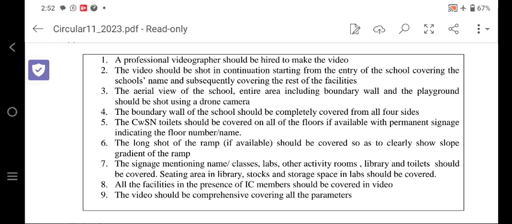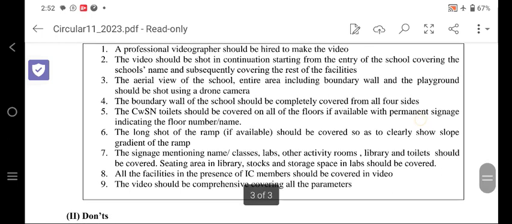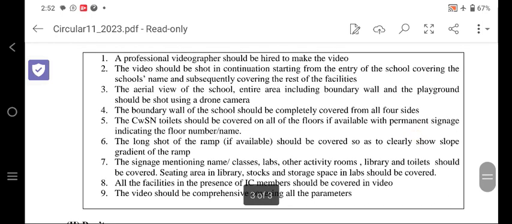Number 3, the aerial view of the entire school area, including the boundary wall and the playground, should be shot using a drone camera. That means the school area with the 4 boundary walls should be taken in the drone camera, as well as the playground.